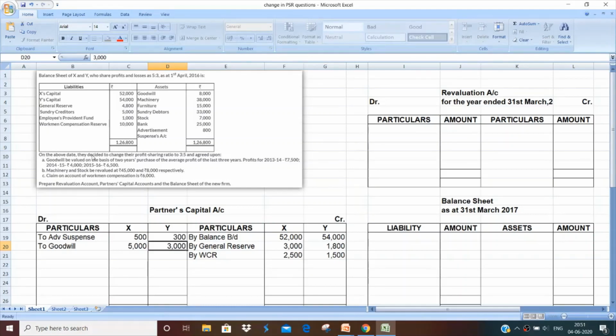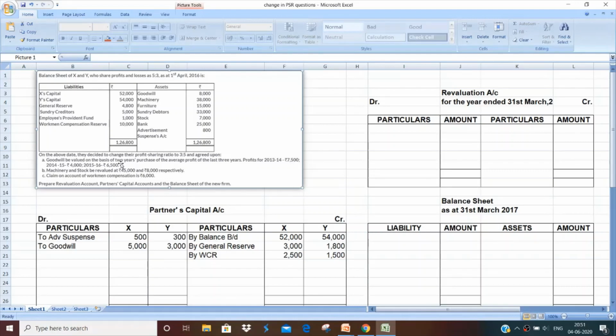Then moving on, from the balance sheet, we have given a proper treatment to all accumulated profits and reserves. We've written the opening balances of capital. Now let's move to the adjustments. The first adjustment was regarding the goodwill, and Y was the gaining partner in this case. We have already talked about the working note, and Y was the gaining partner and X was the sacrificing partner.